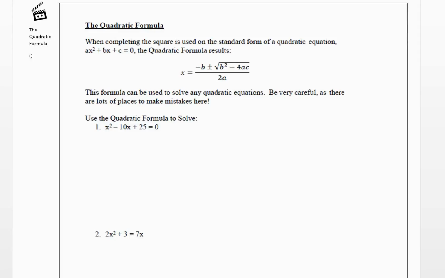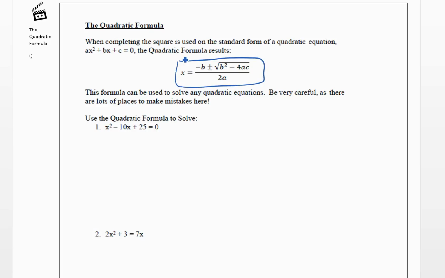Now we're going to use a method called the quadratic formula, okay? And I know the quadratic formula looks a little scary, but it's actually pretty amazing because it will solve any quadratic equation for you and give you the solutions, okay? So here's our quadratic formula. We'll find our x value. The x is equal to negative b plus or minus the square root of b squared minus 4ac all over